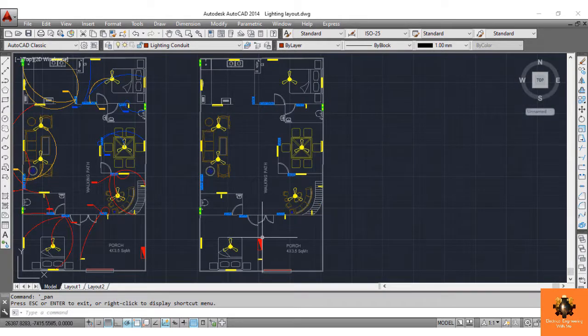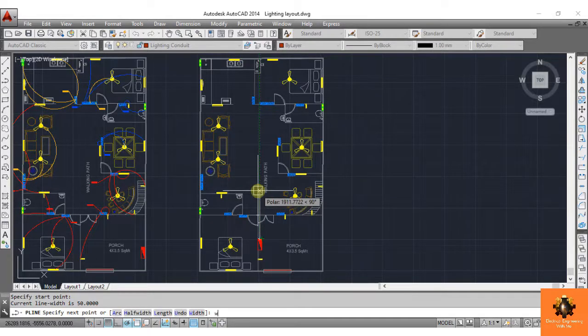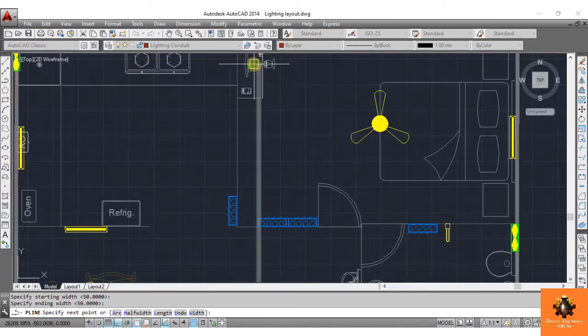Now draw the main branch by taking a polyline of appropriate thickness. So PL, enter. Specify the starting point from this DB and mention the width of the polyline. Then draw up to the end.